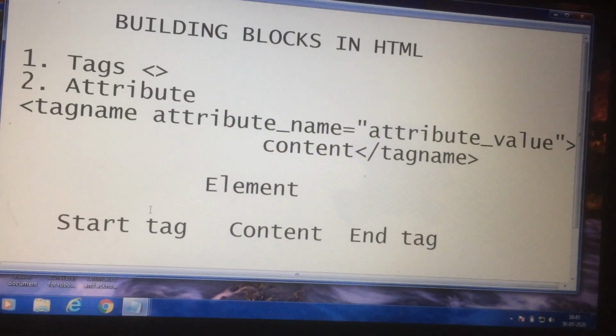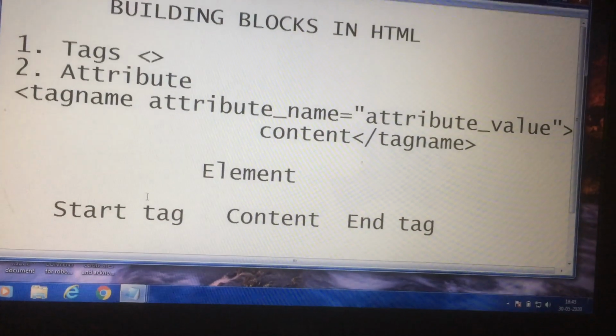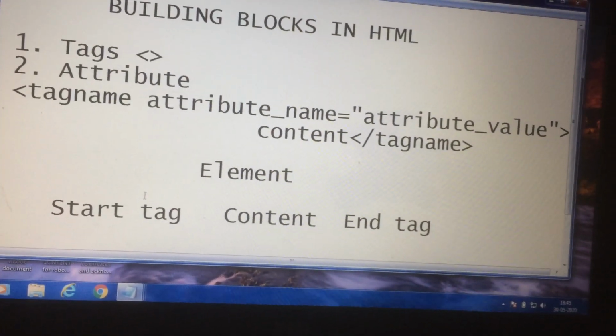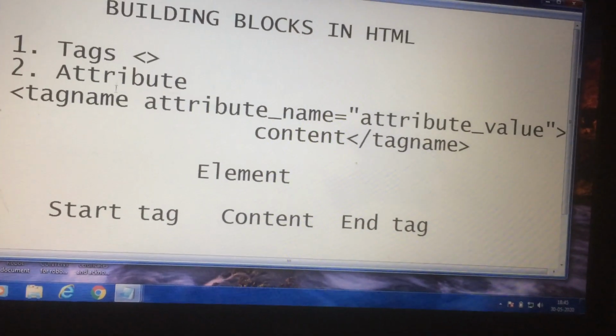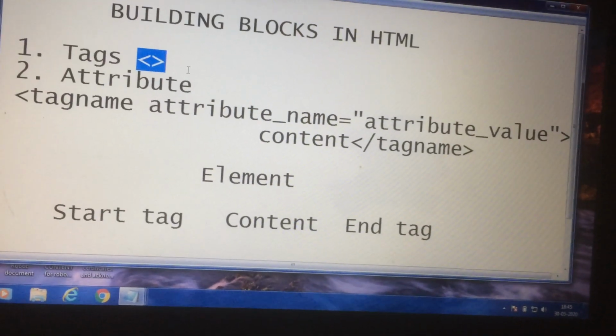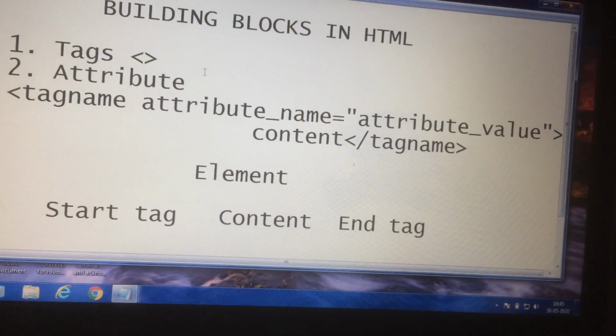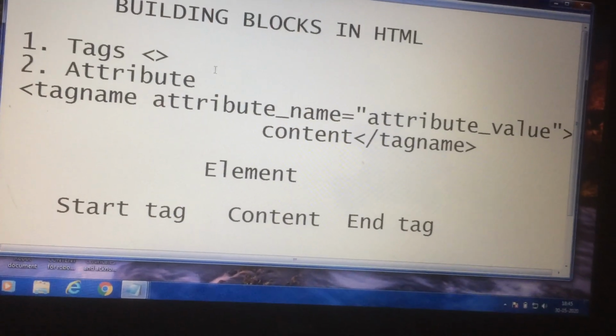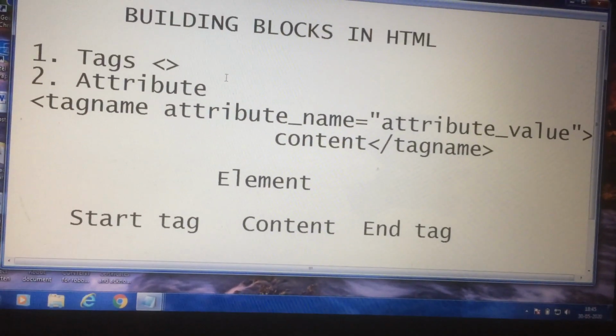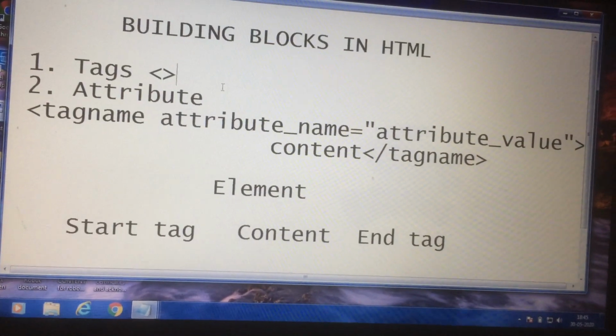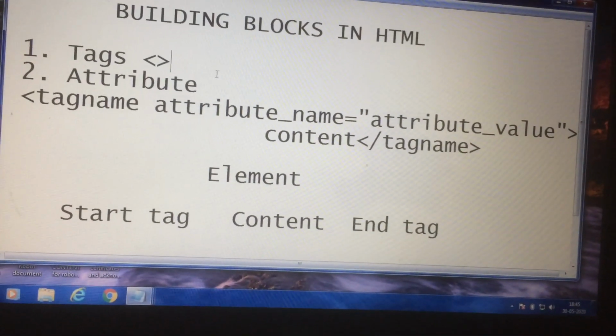A few points to note: all HTML tags must be enclosed within opening and closing brackets. If you have used an open tag in your program, then you must also use a closing tag, except for a few tags, and every tag performs different tasks.